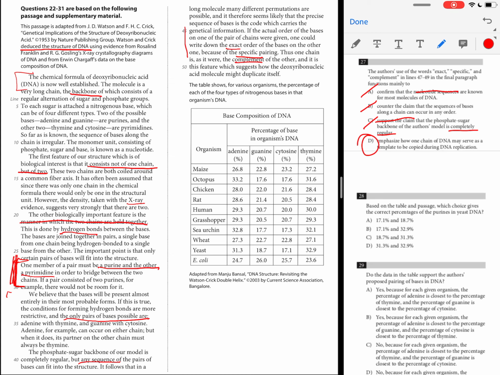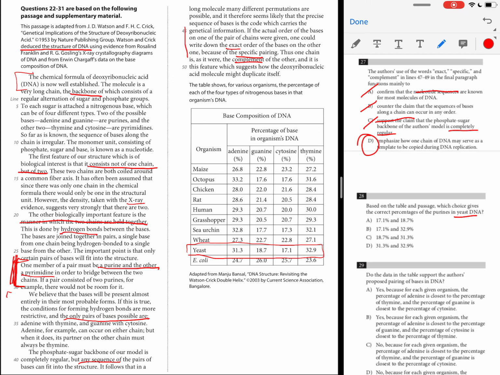So 28 and 29 are based on the table. So 28, based on the table and passage, which choice gives the correct percentage of the purines in yeast DNA? Okay, so I'm going to look at the table first, and I want to know everything that's in my table, what I'm looking at. So percentage of base in organisms' DNA, and then I have these different long vocab words and percentages, and then I have different organisms down the side. The question is asking about yeast, so I'm going to want to be looking at the yeast